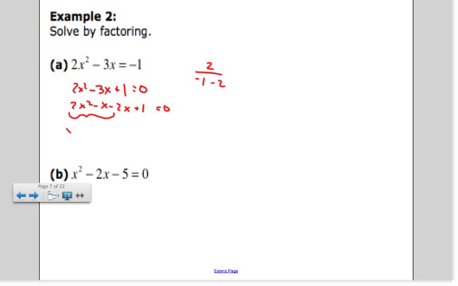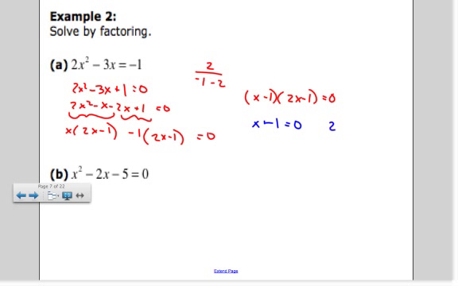Out of the first two, I can take out an x, and I'm left with 2x minus 1. And the second two, I can take out a negative 1, and I'm left with 2x minus 1 equals 0. So I have two factors, x minus 1 and 2x minus 1 equals 0. Now, using the multiplicative property of 0, if they multiply to give me 0, one of them has to be 0. So I'm going to set x minus 1 equal to 0, and I'm going to set 2x minus 1 equal